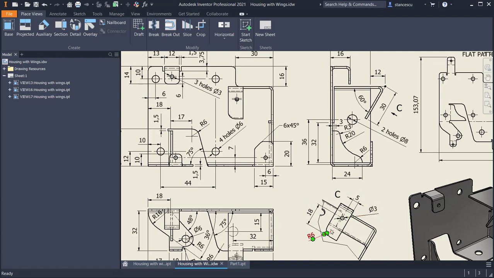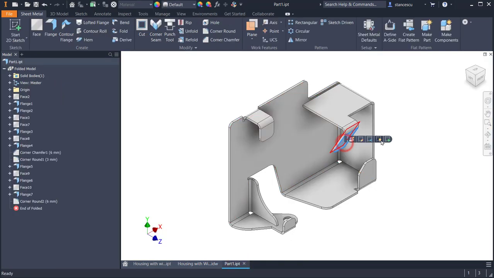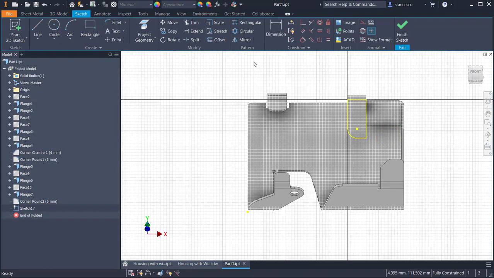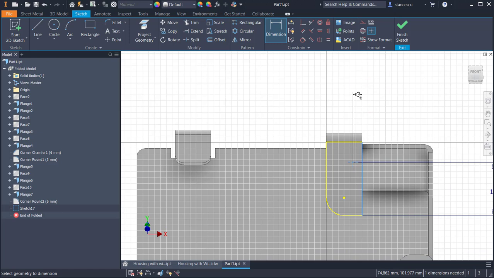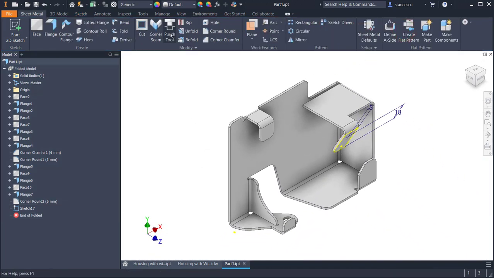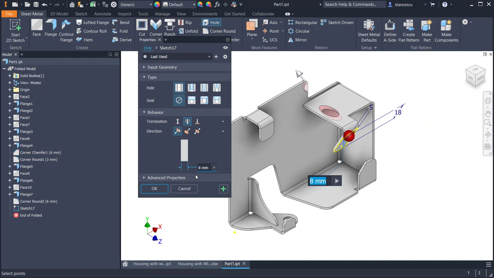5, 18, diameter of 3. We select the face, we place a point on the face, dimension of 18 from the bottom end, distance of 5, and hole of 3,